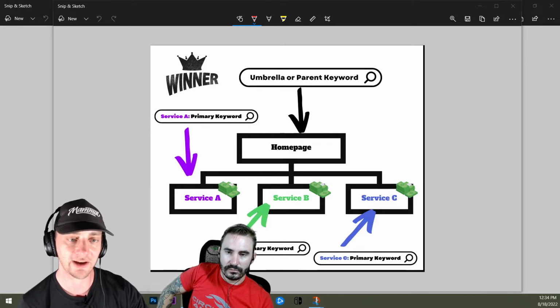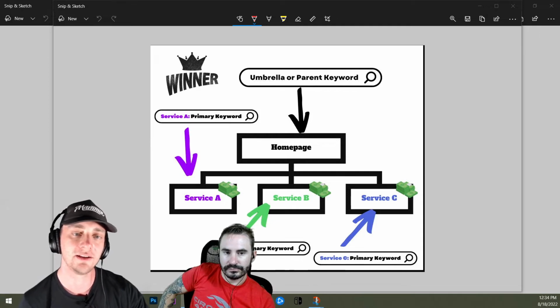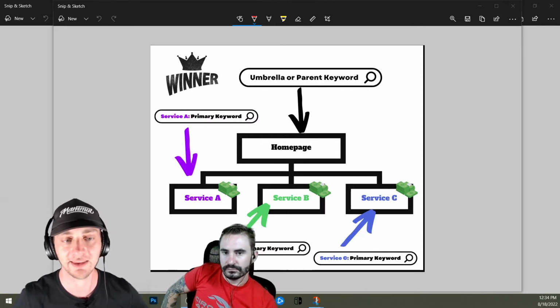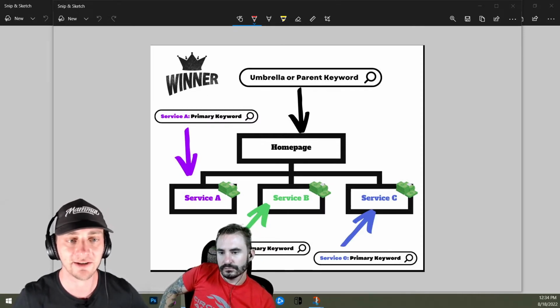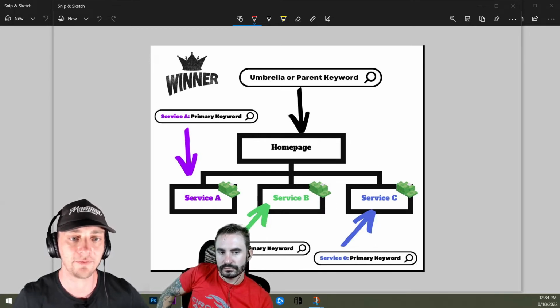Same on service page A, right? But also something I would really do is hit your interlinking hard. So make sure you have a link from your homepage going to service page A that's contextual, using the big keyword, the main keyword, as the anchor,